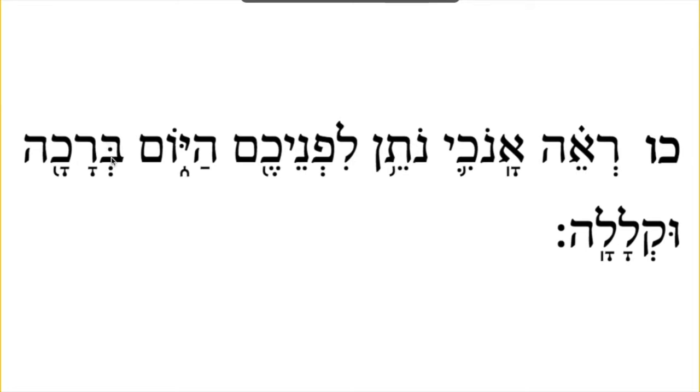And this is a very common word. This is a bet. Bet has a belly button. That's how we know it makes a b sound. This is a shava, and it's a quick sound. This is a resh, and this is a kamatz, which says ah. This is a chaf, and this is another kamatz, which says ah, and this hey is silent. So can someone try to say that word right there? Bracha. Great. And this is pretty common, so can anyone guess what this word means? Blessing. Right. Bracha, blessing.